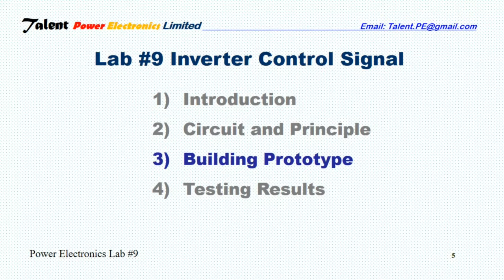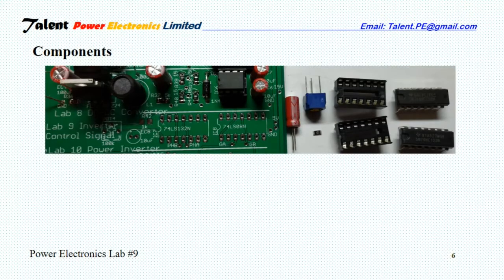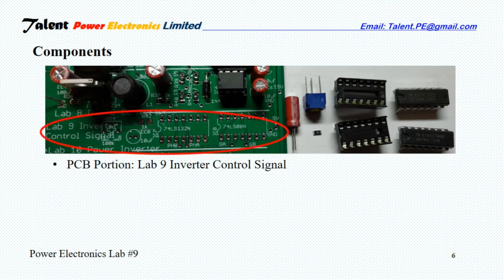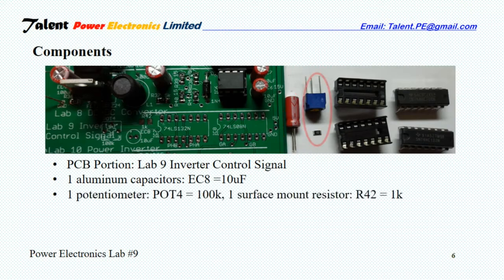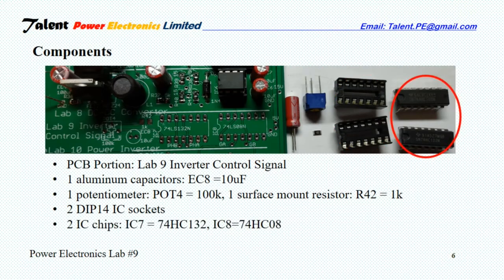Now let's build the prototype. First, find the components for this lab. The PCB portion, Lab 9 Inverter Control Signal. 1 aluminum capacitor, EC8 as 10 microfarads. 1 potentiometer, POT4 of 100K, 1 surface mount resistor, R42 of 1K. 2 DIP14 IC sockets. 2 integrated circuit chips, IC7 as 74HC132, IC8 as